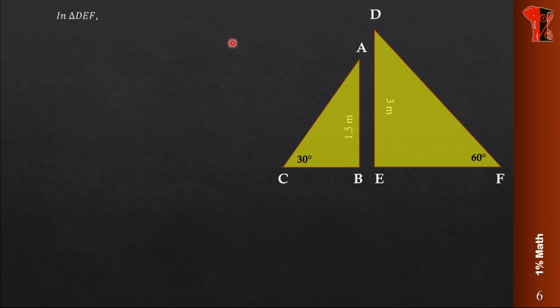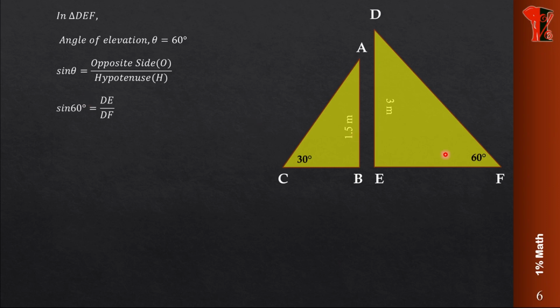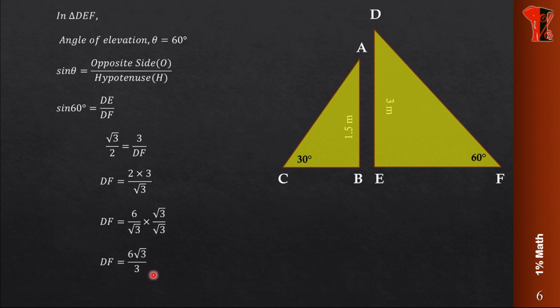So here, in triangle DEF we are going to take elevation as 60. Same sine function we will use. Why? Because we know the opposite side, we need to find the hypotenuse. So sine 60 means it's root 3 by 2. It's a specific value. Again go for a cross multiplication. So what do you get? It becomes DF is equal to 2 into 3 by root 3. Correct? So then we are going to rationalize the denominator. That means we are going to remove the irrational number from the denominator. For that I am multiplying root 3 by root 3, to get 6 root 3 by 3 in the numerator. Simplify, it becomes 6 root 3 by 3. The answer is 2 root 3.